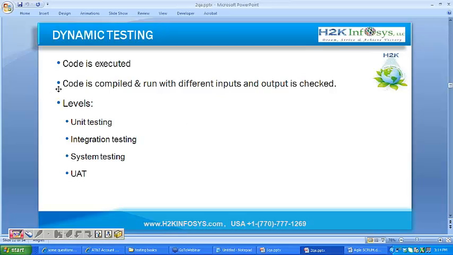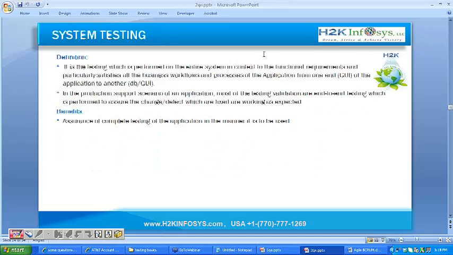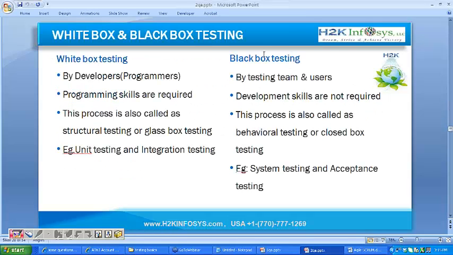The code is executed, you enter different kinds of inputs and check the output. Here we have unit testing, integration, system and UAT as part of dynamic testing, which we discussed. And from white box and black box, that is the types of testing, you attended from Friday. So now we are done with our